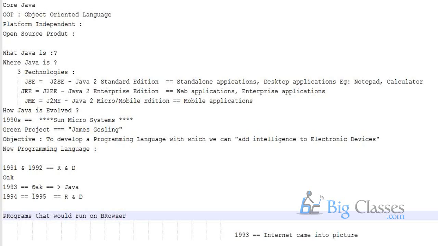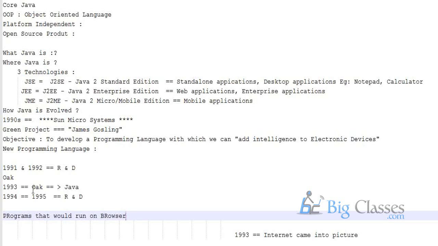They found that the programs written using Java were the best fit for the browser. Prior to Java, on the browser they could display only static images. Only static content was executed on the browser.